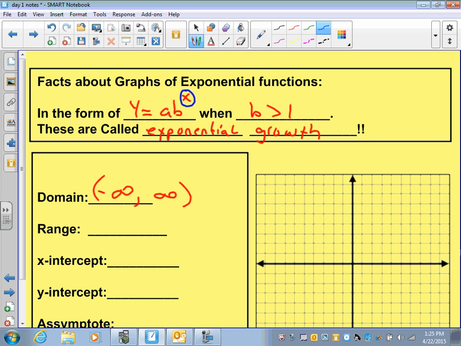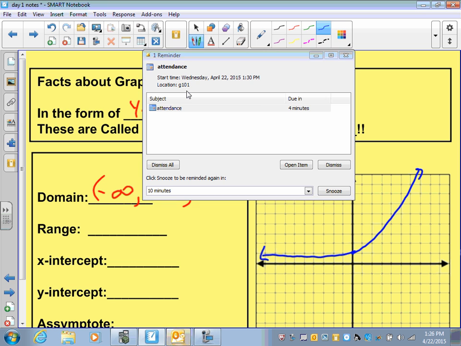So the functional graph is similar to, I'm going to plot my point at (0, 1), and I'm going to just draw a general graph of this exponential function. Now, of course, for a more accurate graph, we will plot points and go from there. The domain is going to be negative infinity to infinity. The range is going to be, remember, domain is your x values,